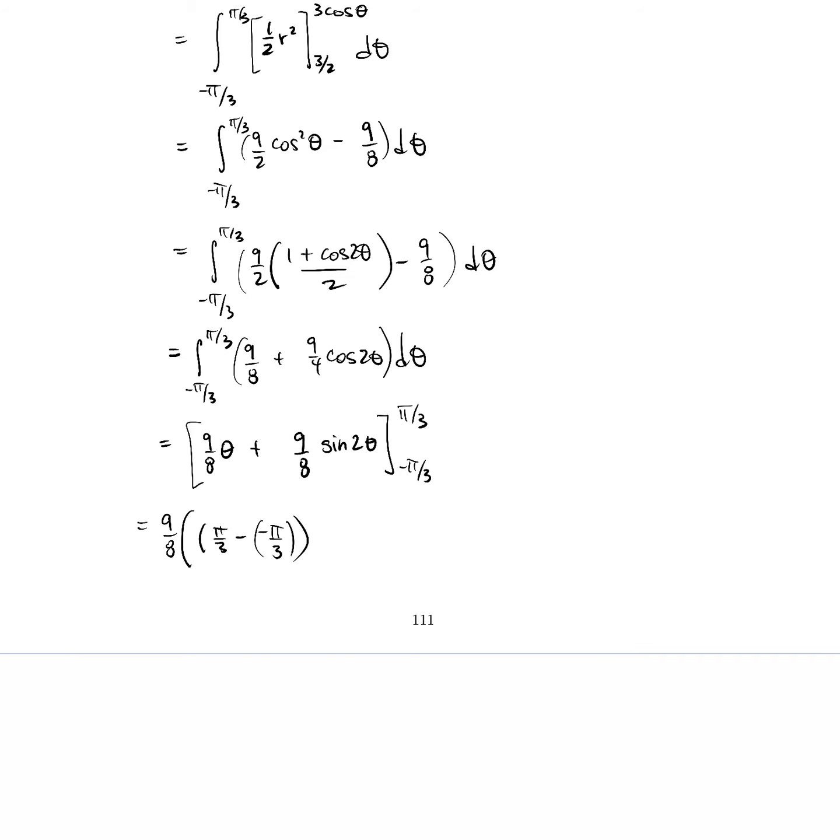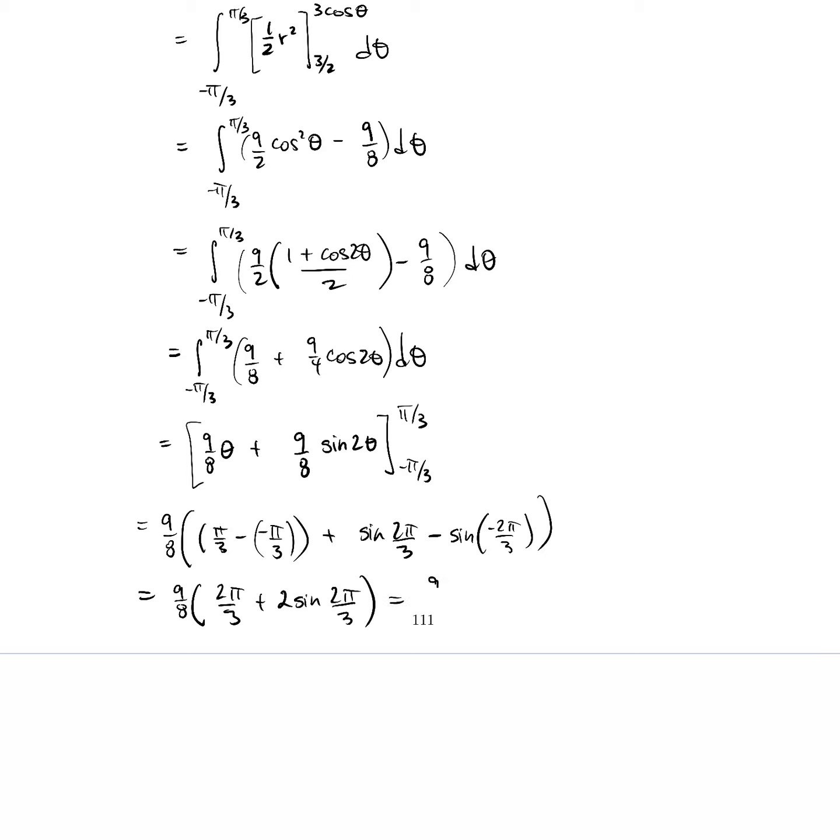if I do the fundamental theorem with the theta first, and then the 9/8 I factored out, I'm going to have sine of 2 pi/3 minus sine of minus 2 pi/3. This is going to give me 9/8 times, minus minus, so 2 pi/3. And then here, I'm going to use the fact that sine is an odd function, so this minus can come outside. Minus minus will turn that into a plus, so that'll be plus 2 sine of 2 pi/3,